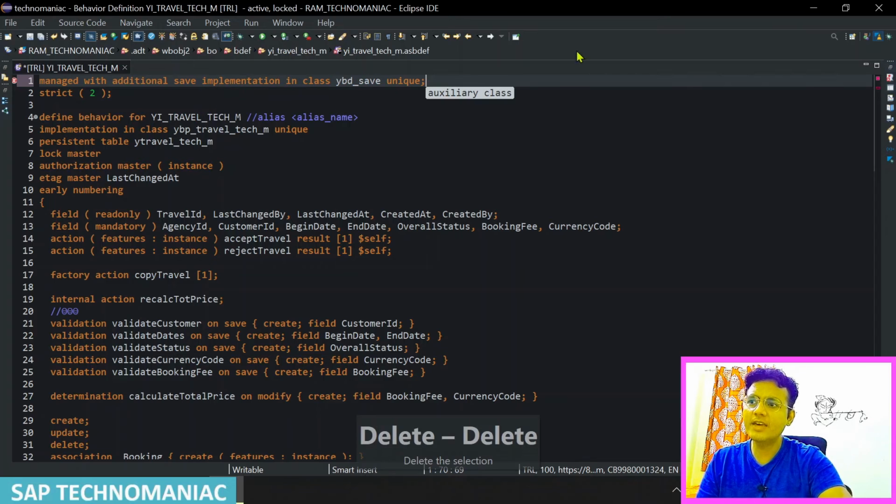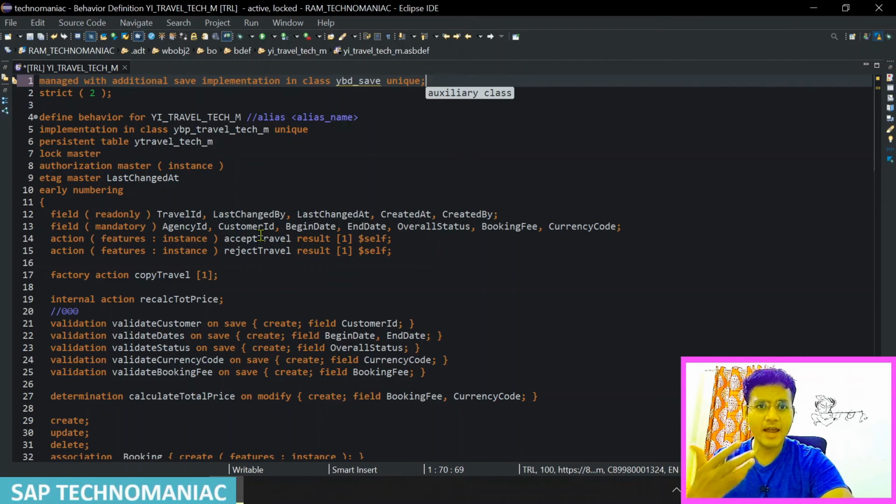So like that we can define this particular additional save. As I told you, additional save, apart from the normal save in this particular persistent table, we can write our code. So in our case, we will define one log table, and these all are the fields which I have shown you in the slide. I will define those fields, and in this particular class, that particular save method, which will be in the save sequence, I will call,